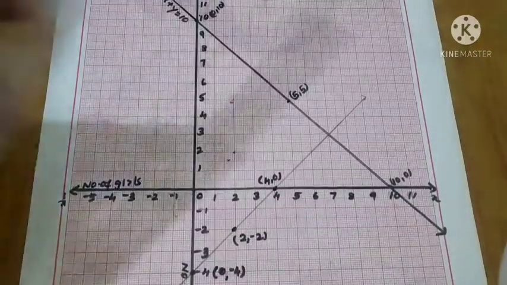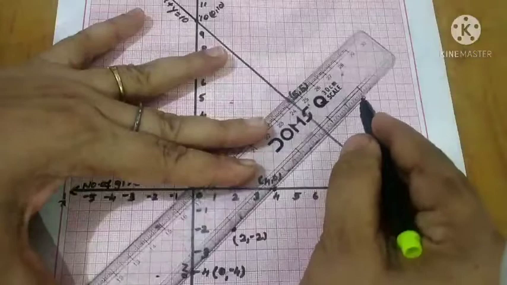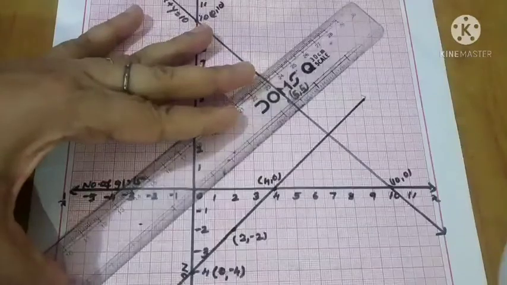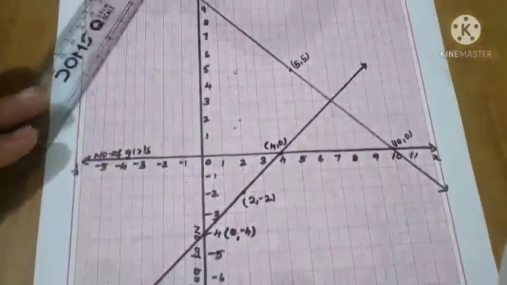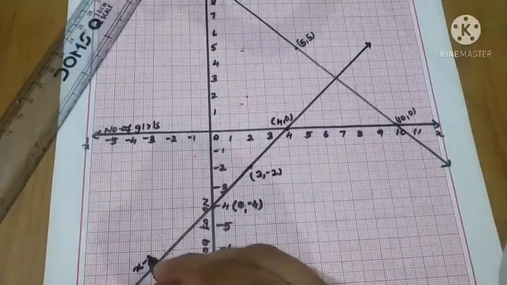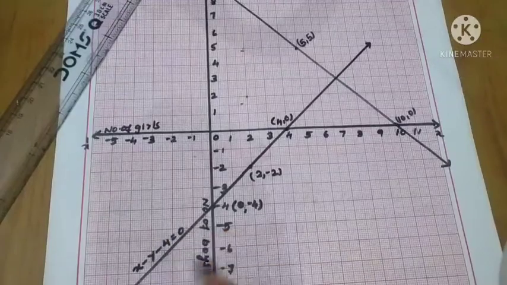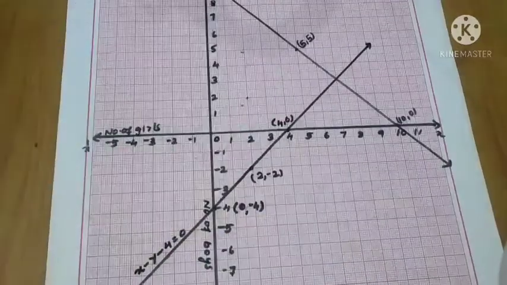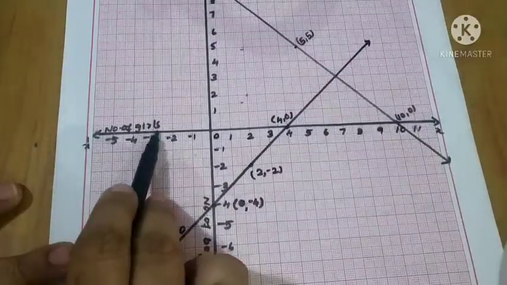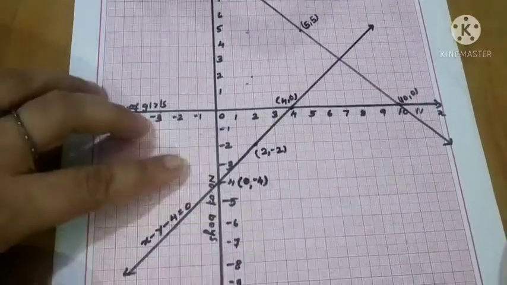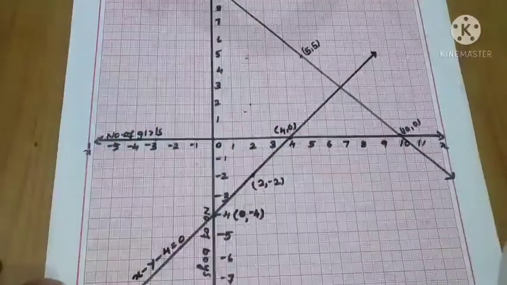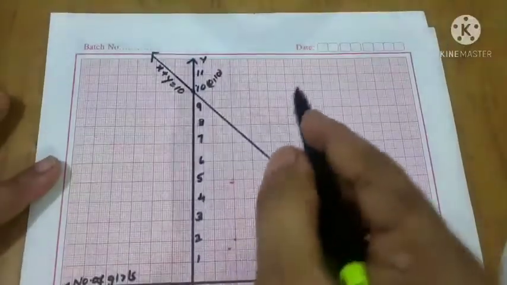So now what is the next step? Plot the points, keep the scale, and see carefully which way the lines are passing. Extend this line, then listen here, we are writing the equation, labeling to be done: x minus y minus 4 equal to 0. So 2 equations we got. Now one more point I want to tell you: because we have taken the x-axis as number of girls, labeling should be done on the x and y axes, and number of boys we have written here. And one more point, the scale is to be written on the top.